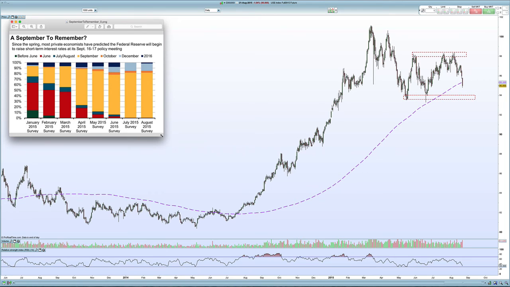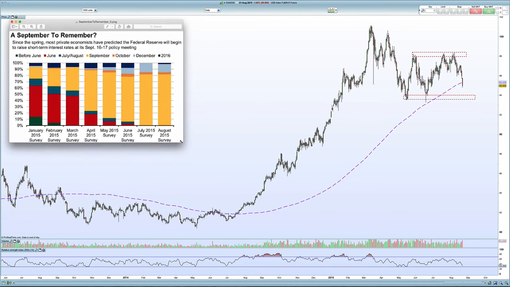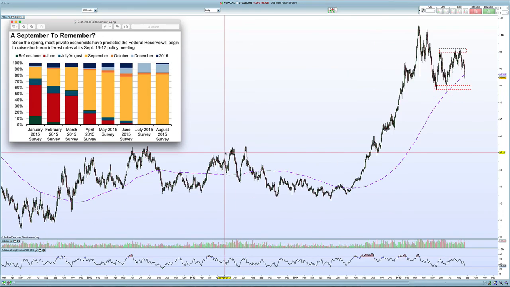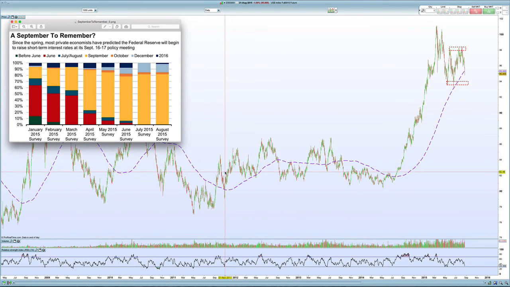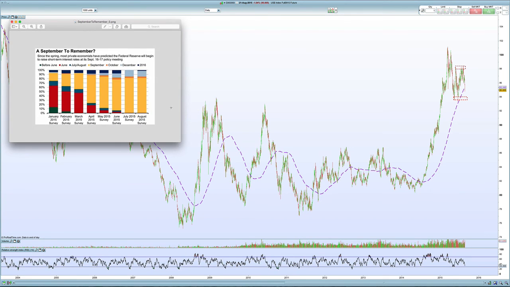So I think it's just important to realize that all these predictions about the strength of the US economy have been wrong for quite a while, and this is not unusual. This is exactly what caused moves in the US dollar index previously, where it spiked up and then went straight back down in the last 5 years. So keep that in mind when you constantly see all the bullish information about the US economy.